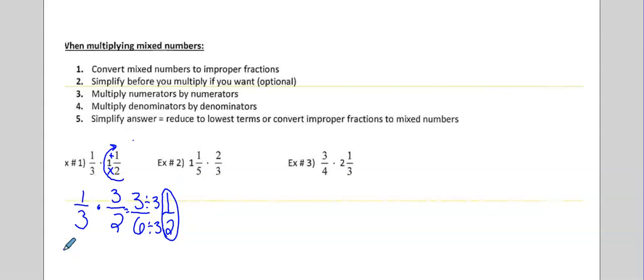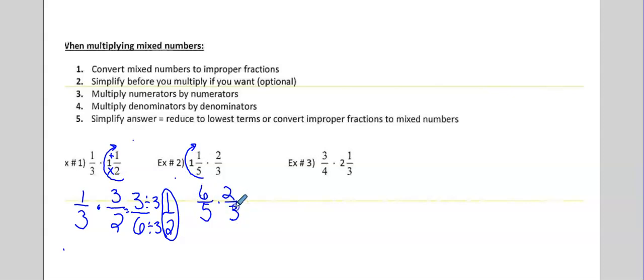Next problem, change them all to fractions first. 5 times 1 is 5, plus 1 is 6. I get 6/5. That is equal to 1 1/5. And 2/3 is already a fraction. So once again, I could probably do this one without simplifying before I multiply, but I'm going to simplify before I multiply. If I simplify before I multiply, I find a common factor for 3 and 6,